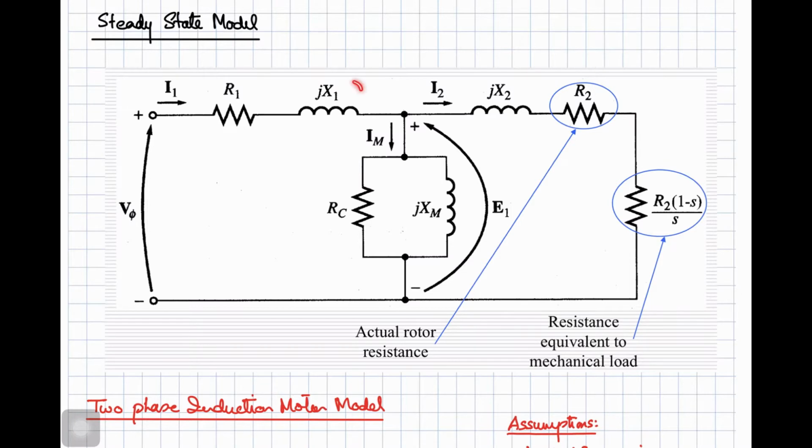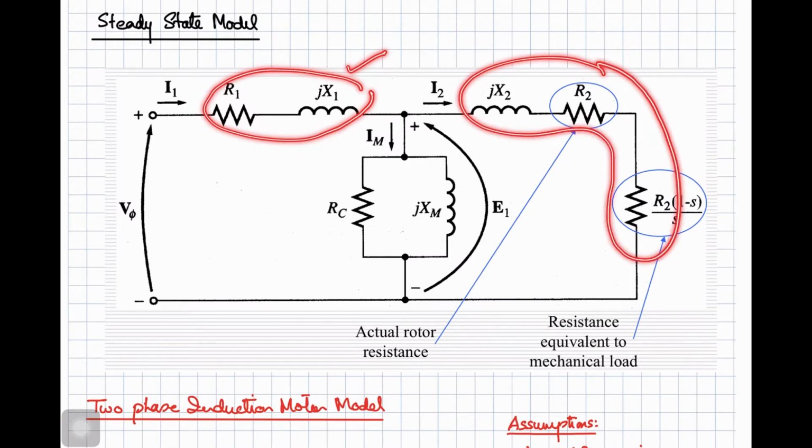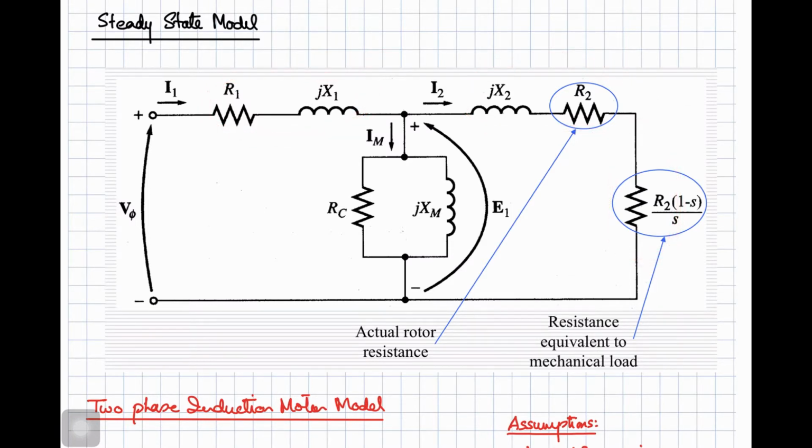In the previous videos, we have discussed the steady state model of the induction motor in detail. The equivalent circuit of the induction motor in steady state is shown in front of you. It consists of a stator resistance, the rotor resistance, the actual rotor resistance and the resistance equivalent to the mechanical load, and the magnetization branch of the induction motor. The steady state model and the equivalent circuit that have been developed in the earlier lectures are useful for studying the performance of the machine in steady state. This means that all the electrical transients are neglected during load changes and stator frequency variations.